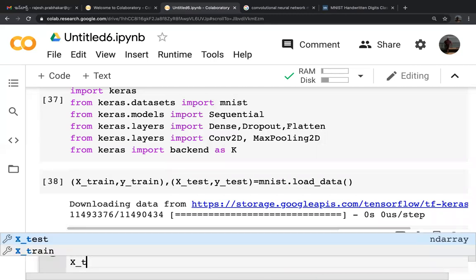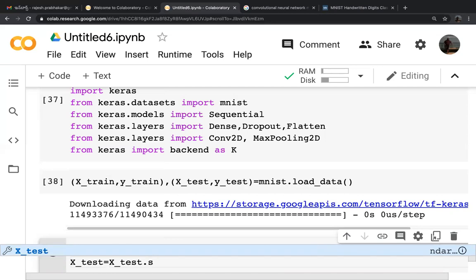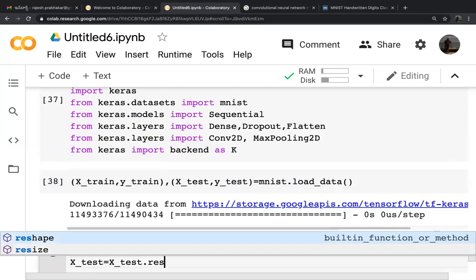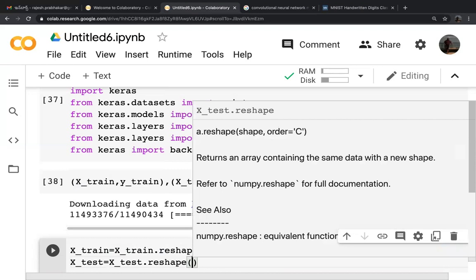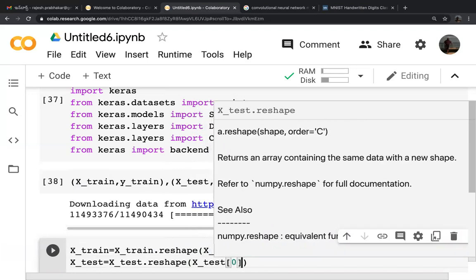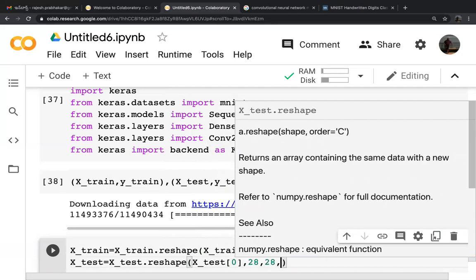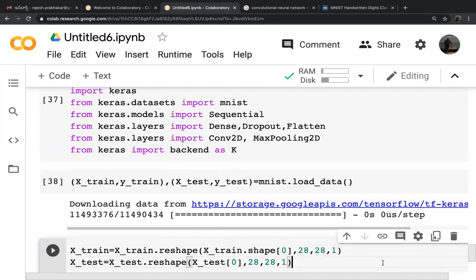Similarly, X_test is equal to X_test.reshape(X_test.shape[0], 28, 28, 1). So we are reshaping the data.